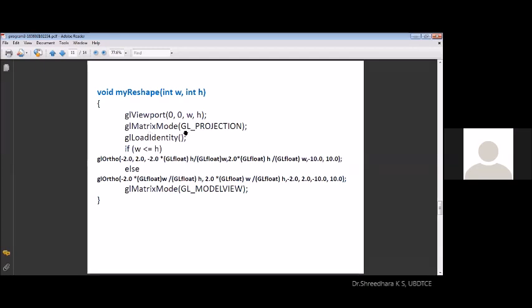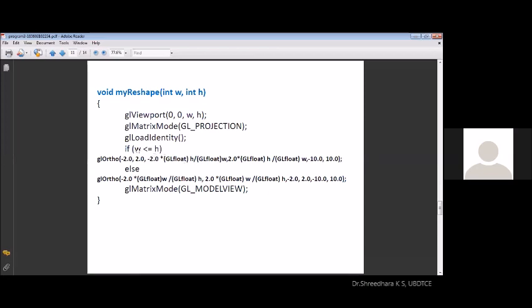I think if at runtime the user changes the width and height of a window, that way your screen changes. Since it's an event-driven program, if that event occurs, based on whether the width is less than or greater than h, it is the activity that we have done to modify the corresponding parameters of the window screen, done by multiplying h by w for the last two arguments on the GL ortho function if w is less than h, otherwise for the first two arguments.